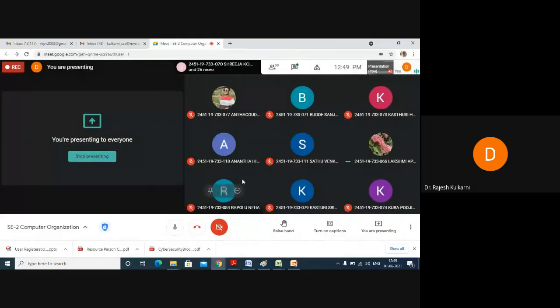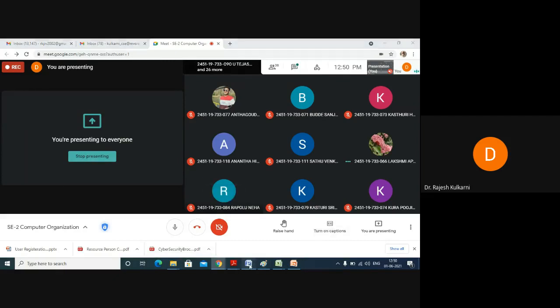So any interesting observation regarding the daisy wheel? Why might the name daisy wheel have come? Somebody wants to answer? Daisy wheel printer, why might the name daisy wheel printer have come? So it's quite natural, right? You see a wheel, and on that wheel, at the circumference, there are characters embedded, and those characters will be printed upon the impact.